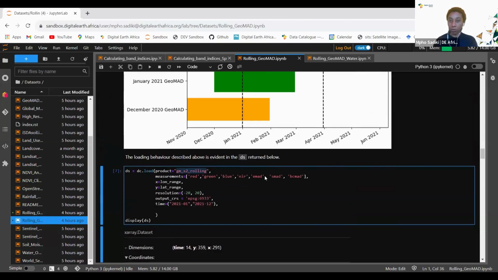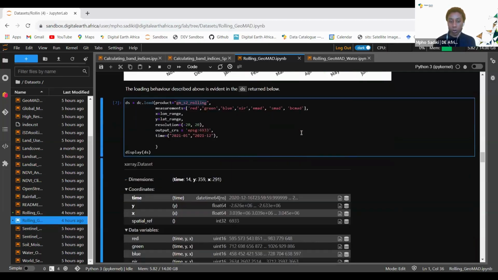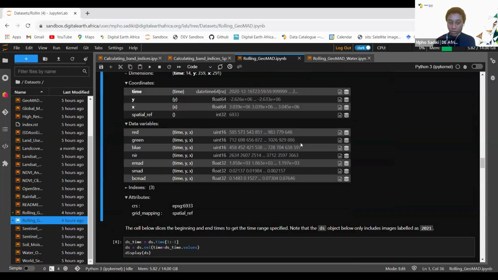And they're included for the reasons that I've explained using this graphic, that the December geomedian actually uses the January data to compute its geomedian, and the same happens for the April one, where it uses the March data. So when you call the data, it just takes those overlaps and includes them into your query. But that's not an issue, because